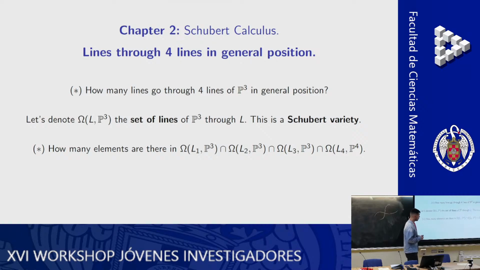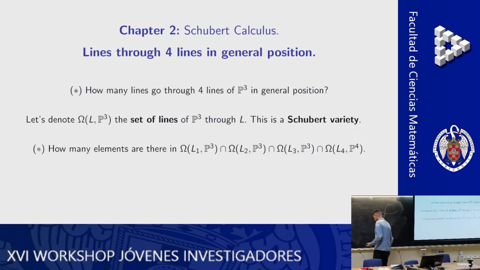And we are going to apply that theory to the case of a more general type of variety called the Grassmannian. And to understand that theory, we are going to try and answer the question of how many lines go through 4 lines given in general position. So they are in general position, so they are not expected to be coplanar or coincident. They are expected to be different and in a general position, as if they were taken in a random way.